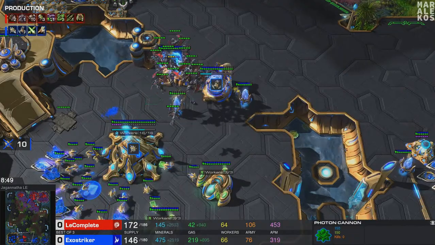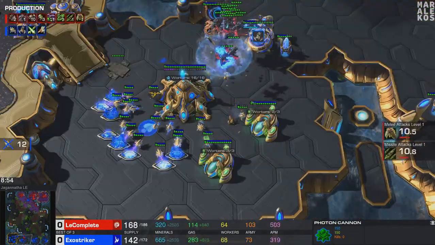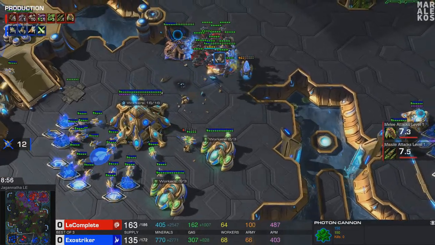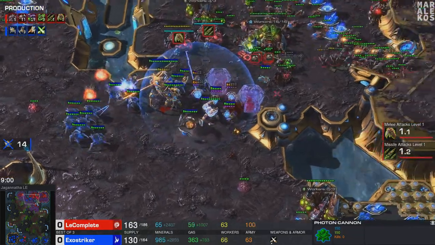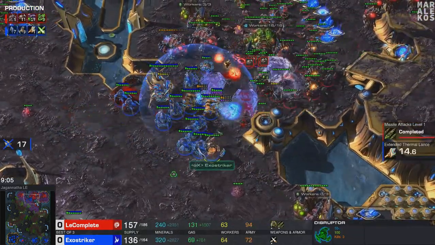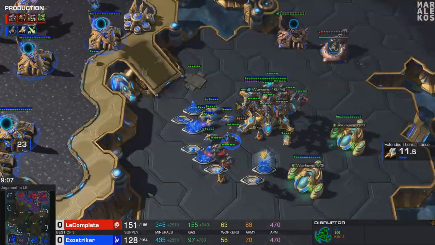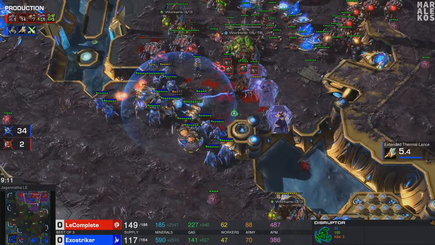On the other side though, we have the Protoss army marching in as well. So it's a little bit of a trade here. Maybe you want to go for more pylons. Yeah, he does. And what does he want to go for as well? We have more roaches, more... Oh, can he go for the Disruptor? That would be very big, I guess. He's going for the mineral line. That's good. And on the other side, yeah,